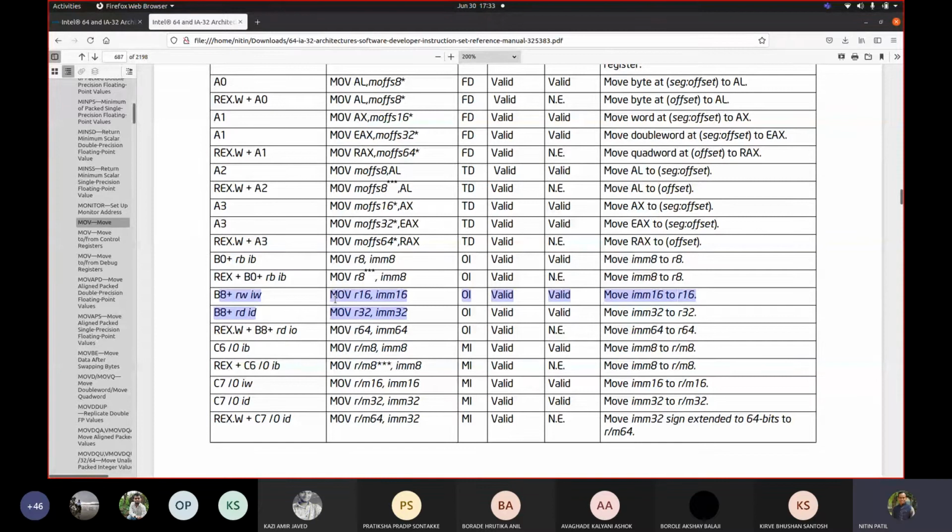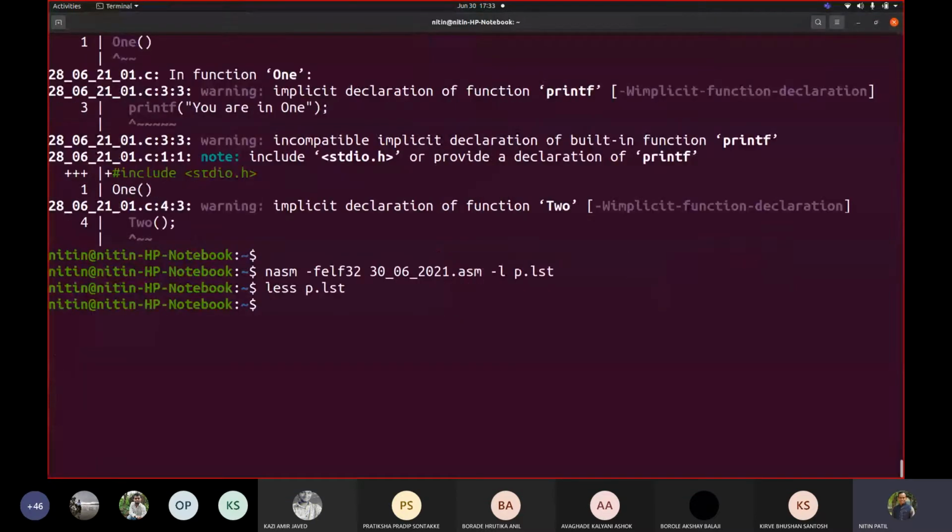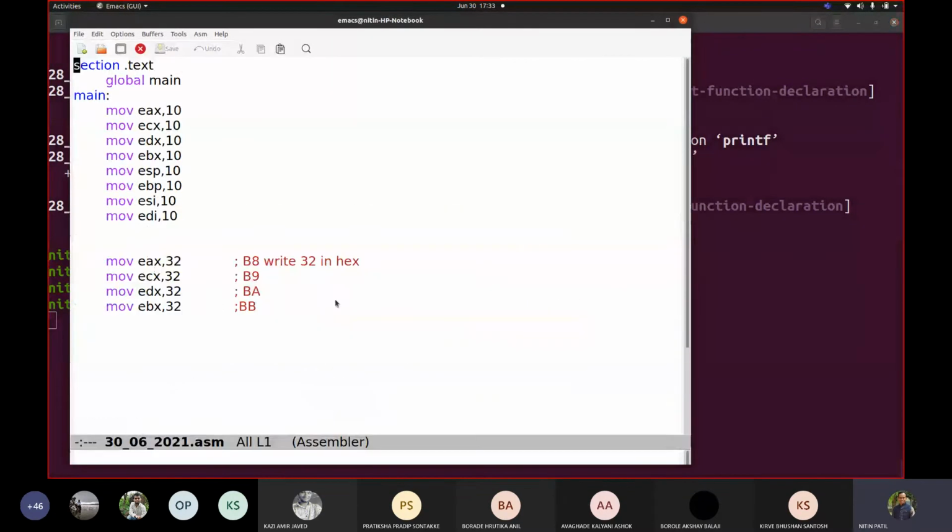Correct. For both the cases, like if I suppose, now let me modify this again. Now how exactly is it going to distinguish that? Okay, it is a 16-bit register and it is a 32-bit register. So now let me remove this E. This E means 32-bit. Now they are 16-bit registers. Now what happens is, now if I write 10 here again.